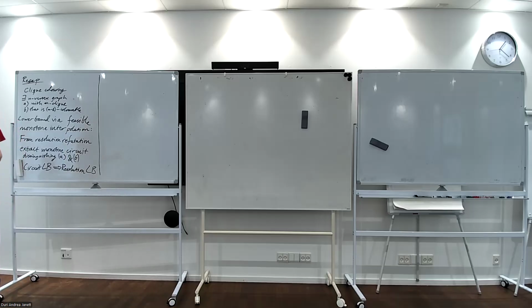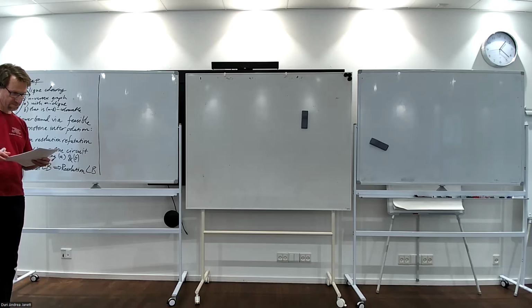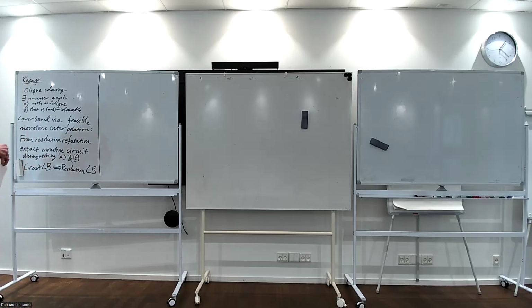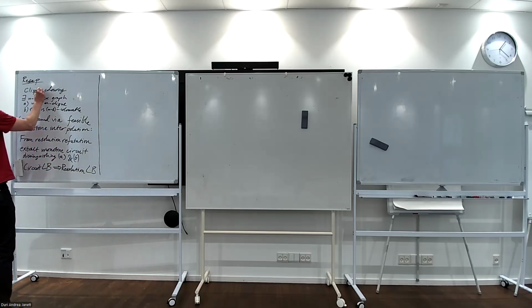Okay, so this is lecture 5 on the proof complexity course, proof complexity as a computational lens. Let's start by reviewing what we did last time. We looked at the clique coloring formula,